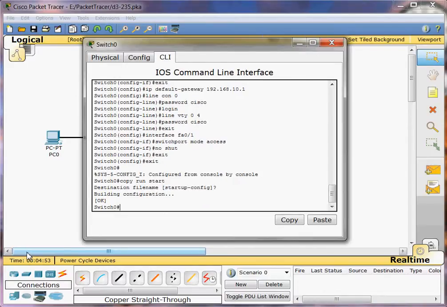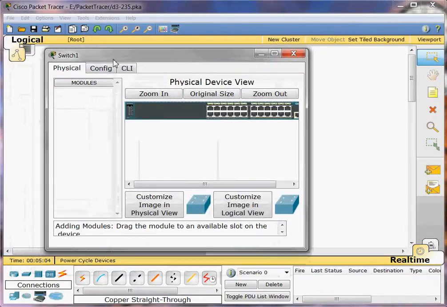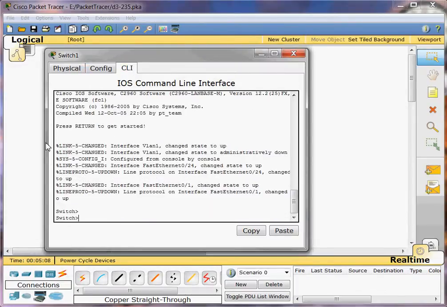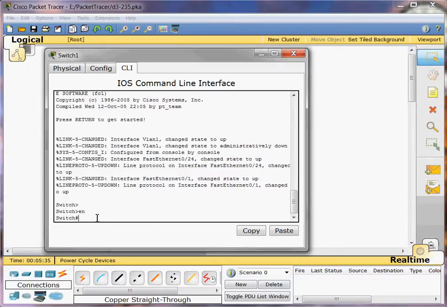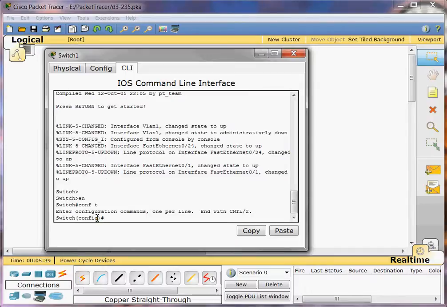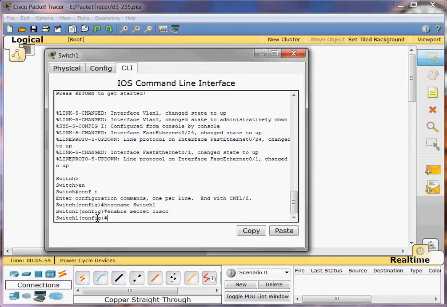Okay, now that Switch 0 has been configured, I'm going to go over to Switch 1 and do pretty much the same thing. Go to our command line interface, and then we're going to enable the switch, and type in configure terminal, and give it a host name of Switch1, and then enable the secret. Okay, and the next thing we want to do is configure the interface VLAN 1. So I'm going to type in interface VLAN 1,